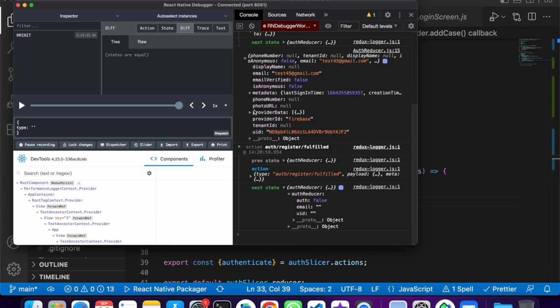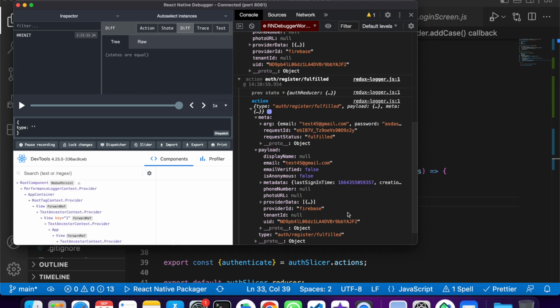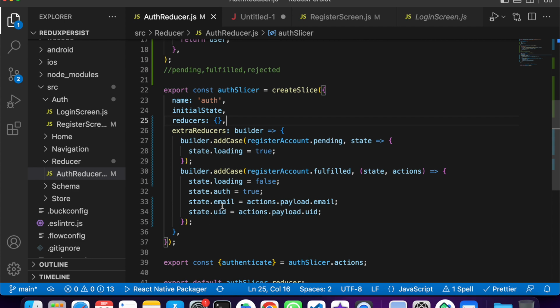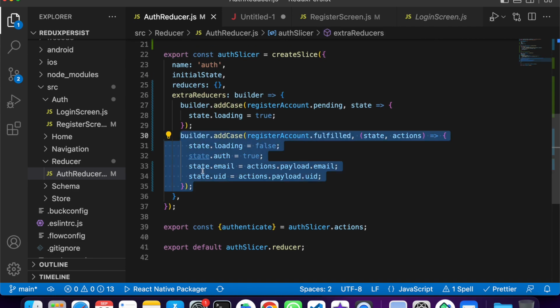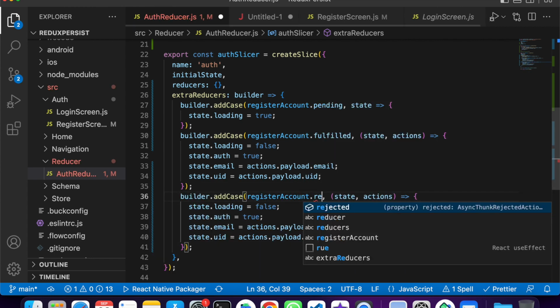Here you can see when fulfilled is successful, it is coming with the payload. Inside the payload there will be the UID and the email, right? So that email and UID we are storing on the reducer. The next thing is, if it is a failure case, what you have to do, the failure or rejected case, what